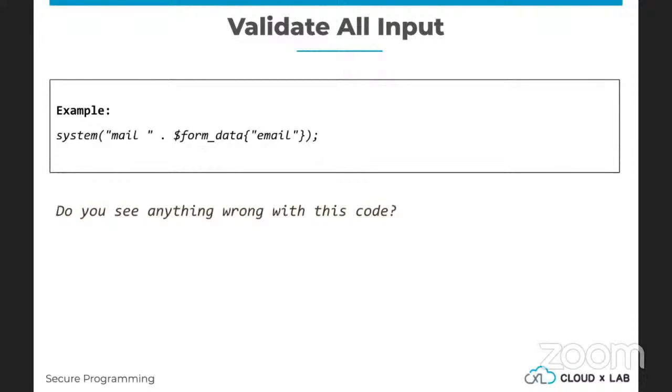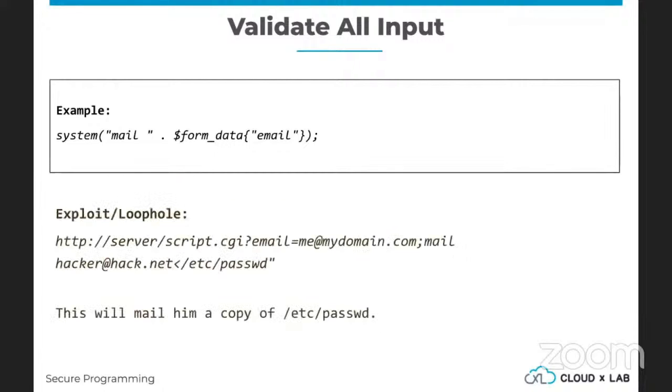Now, coming back to the point I was trying to make: if your program is sending email and it's using the system command, which basically executes any command from the system, instead of using an API or library, you are using the system command to send the email, right? You're using a command called mail. Mail is a Unix command that sends the email. Now, what's wrong with this? What exactly is wrong with this?